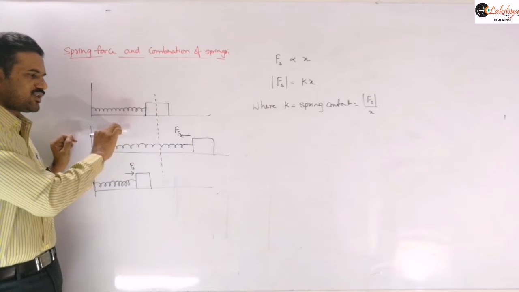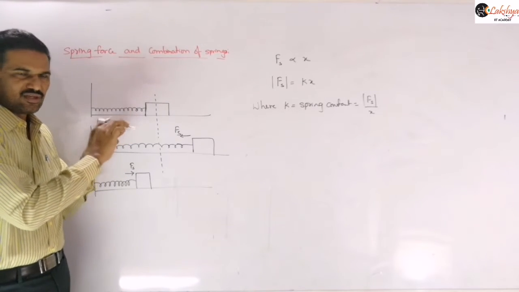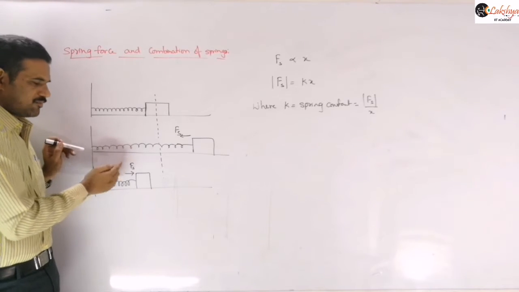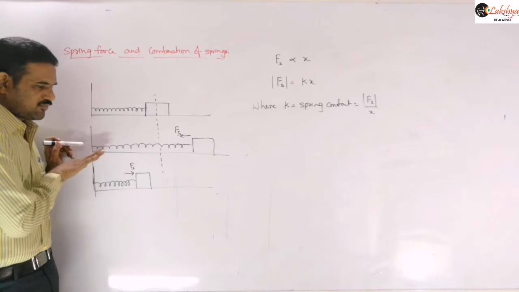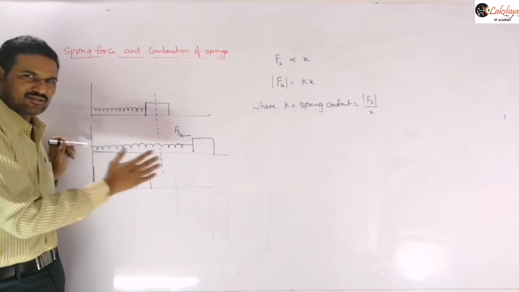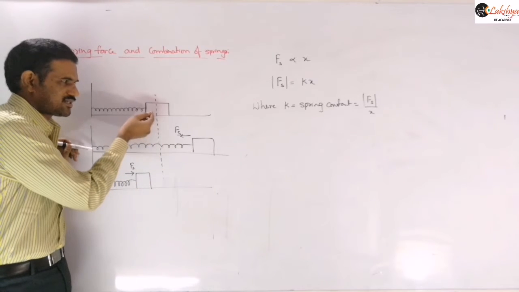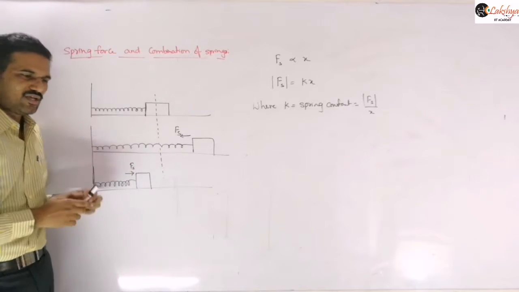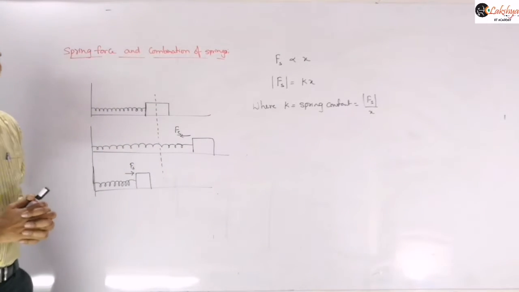Once the body is moving along this direction, the spring force arises along this direction as a retarding force. So the body will reach some position and there it will come to rest. But this force will still be there, the retarding force or the spring force, and because of that it will move back again. So such oscillations will take place, right? If you release it, the body doesn't suddenly come to rest at the equilibrium position. Some oscillations will take place, and we will discuss those later in the topic SHM.